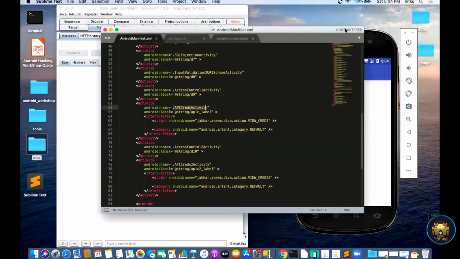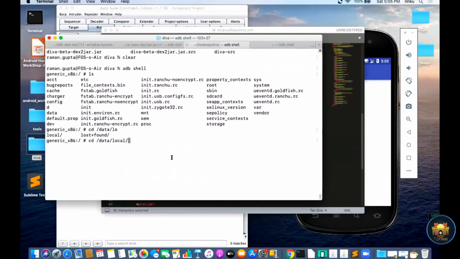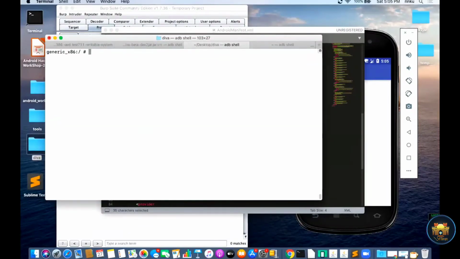We will see how we can access it. So I will note my activity intent part, the intent action here. Just copy it. I am already inside the device. So run ls. Okay, it's working. There is a tool, am, installed by default in the emulator.